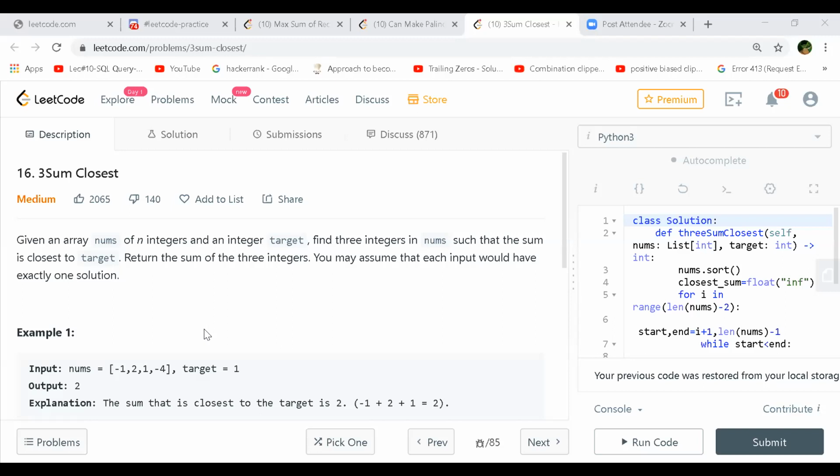For brute force, I think it should be three loops, right? And just check the distance from the target. If that is closer to the target, then take that element.